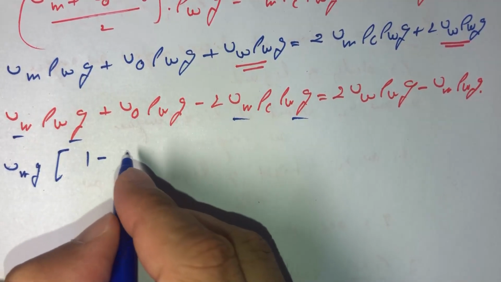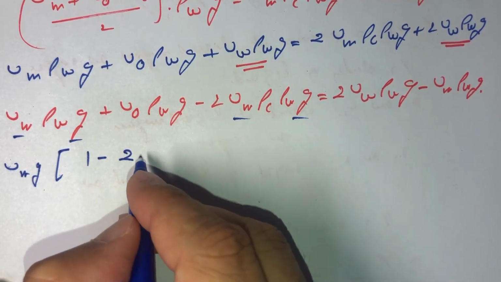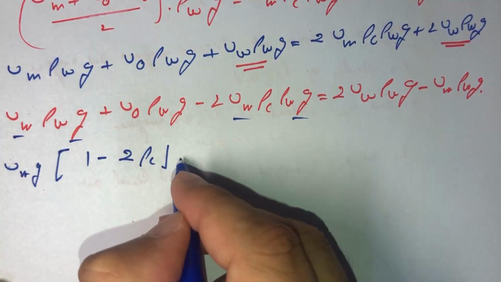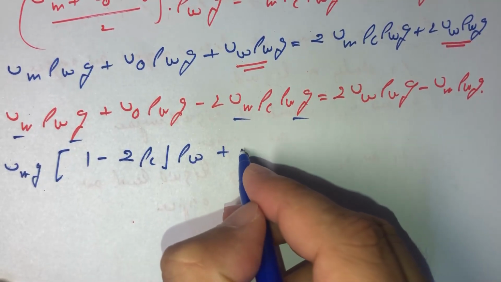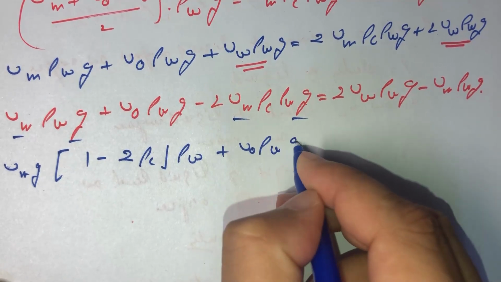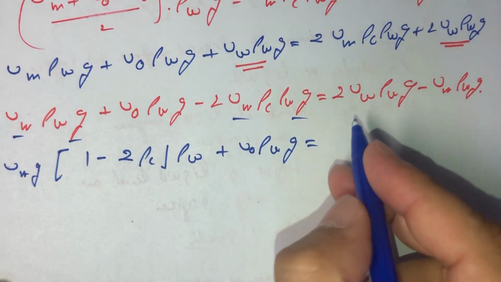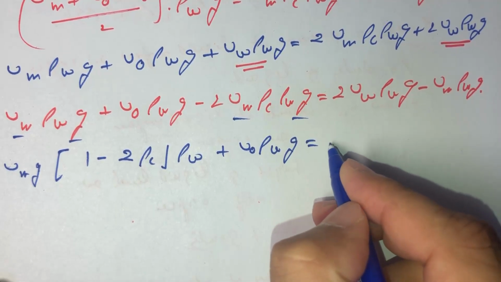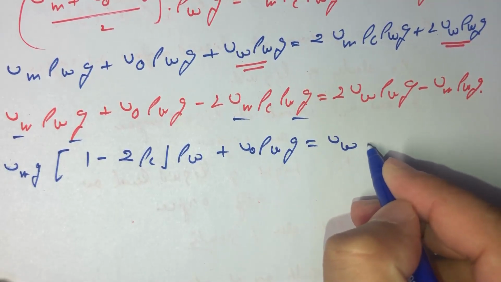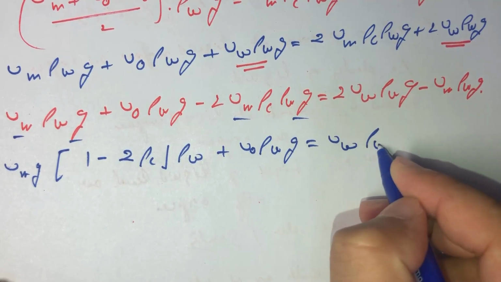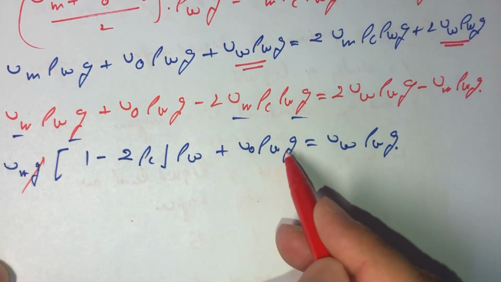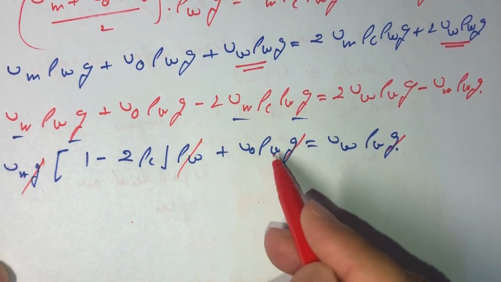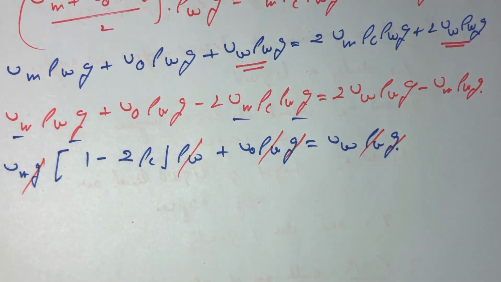This will be 1 minus twice rho C, and here we write it rho W. This will be plus Va rho Wg is equal to, and subtracting this we get Vw rho Wg, and g cancels out, rho W cancels out, so we get